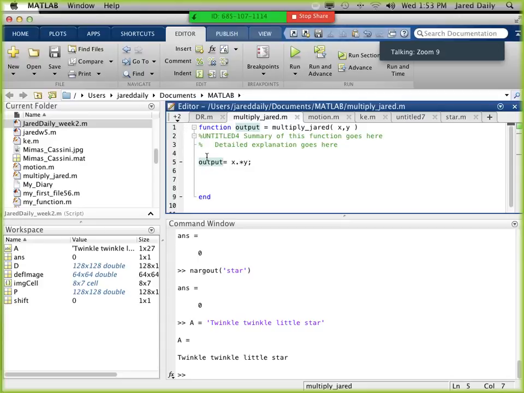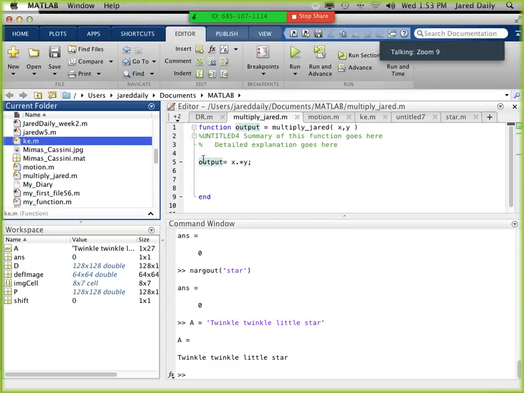Any variable that you define inside the function is something that you're going to use inside of it. So this function doesn't have any variables defined except for output, which is one of the function variables. These are function variables which can be used down here as local variables. But you could also define other local variables down here, like when we define the variable A. In the case of the kinetic energy function,